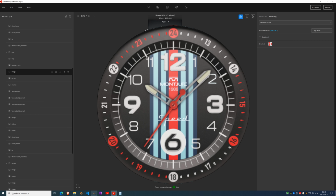Okay, so here on the white, I'm going to add a rotary, and I'm going to set it to hours 12. But I'm not going to use it just yet. First, I'm going to add an image. And we don't need this one, so we can delete it. And here, let's go into the hours 12 and press generate. And this is the